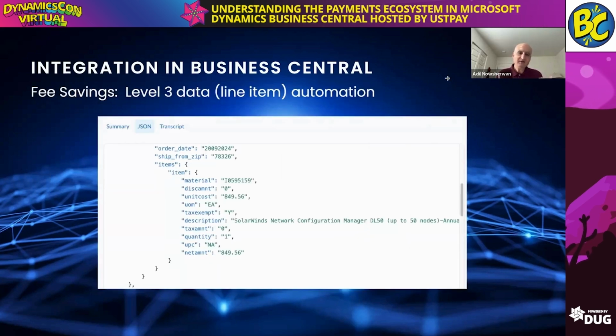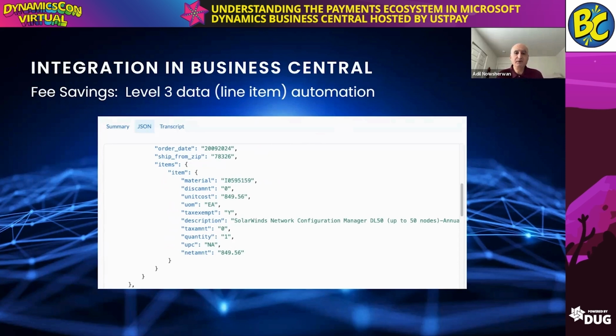One more screen just to give you a little insight into what happens behind the scenes. We have a feature called Level 3. Level 3 is a feature that helps you lower the fees that are charged to you. But what happens when you do a Level 3 is we're sending to the Visa and the MasterCards of the world detailed information about what was on the invoice. So as you can see, we have the item number, the cost, meaning what you charged your customer, a little bit of a description. And the reason this is important is this is then